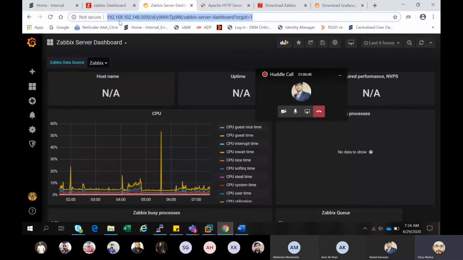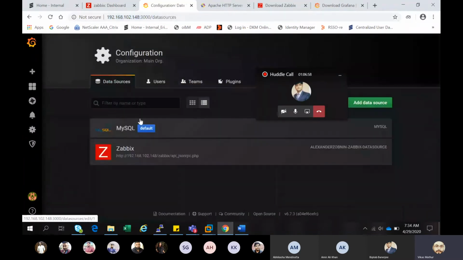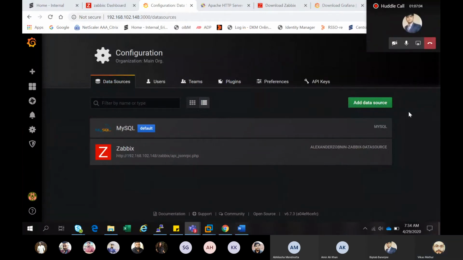After this, your Grafana is running in your web browser. What changes do you need to make in the configuration part? Right now you see there are two databases, MySQL and PostgreSQL. On the starting page, these two things will not appear the first time.